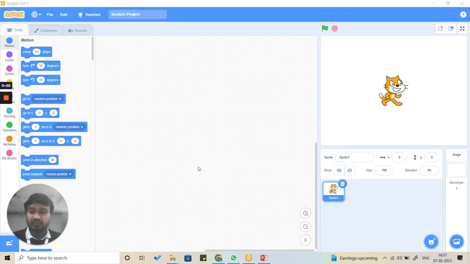Hello everyone. In this video, we are going to make another kind of game which is a clicker game. So let's start. For a clicker game, first we need to select some sprites. So for that, we'll go to the sprite option